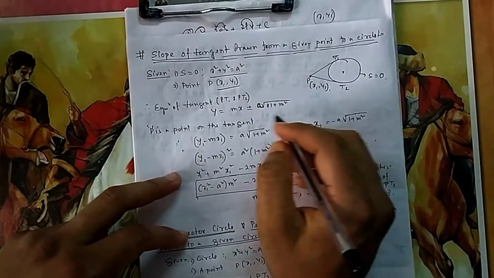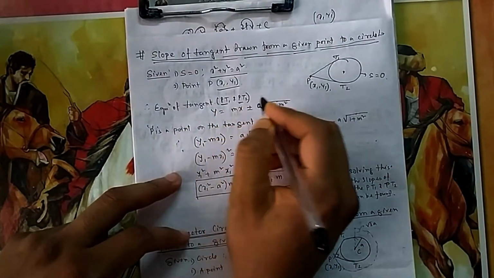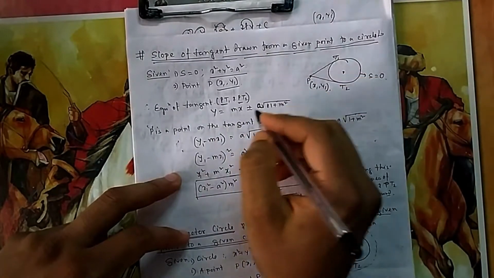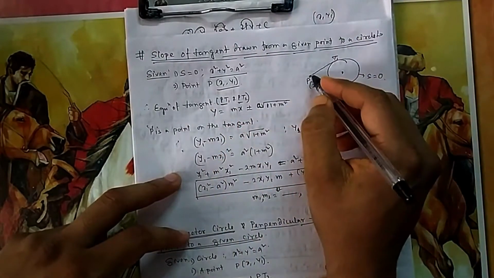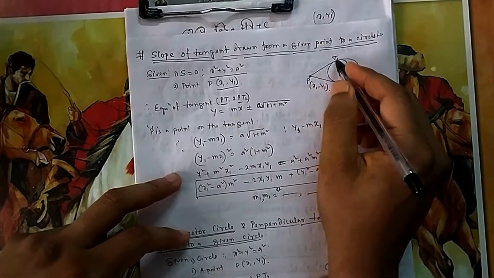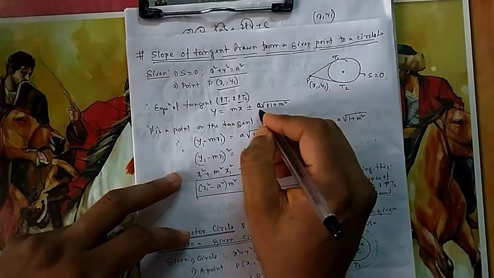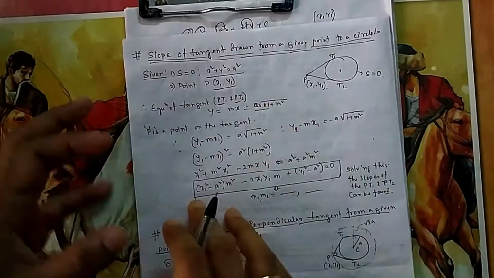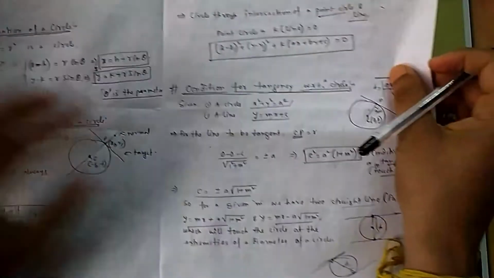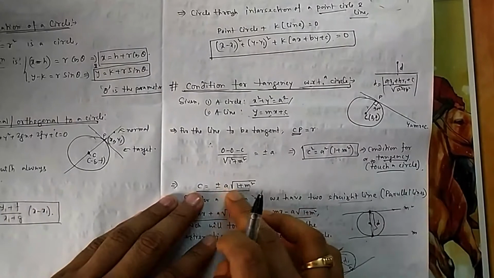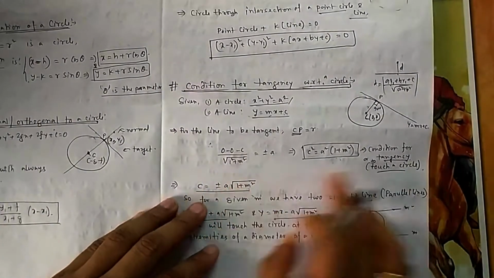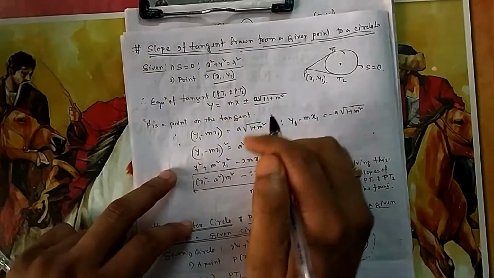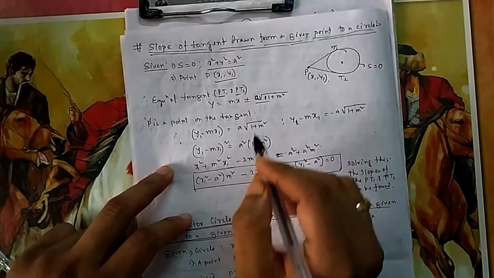So what is the idea? You know PT1 and PT2. These two lines we can write in the form y = mx + c, because if the line has to touch the circle, then c has to satisfy the condition that we have learned from our earlier article. Hope you have seen it. So this is the earlier article. Your c has to be this, then only it will touch. So for the straight lines that I am considering, PT1 and PT2, this c should be of this fashion.